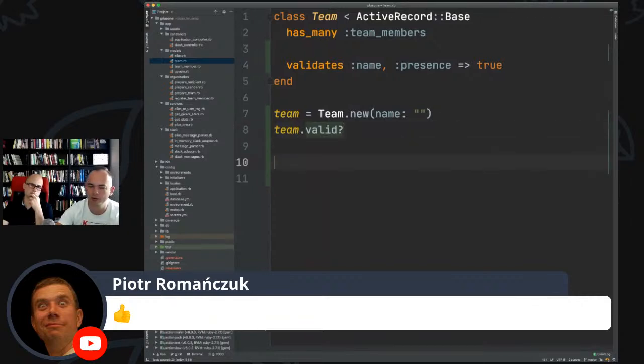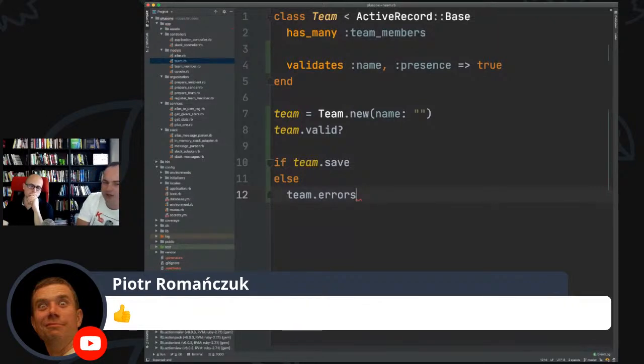Yeah. So in save, we usually do, for example, a very typical code is if team.save, because then it returns true or false, whether this was successful or not. Under the hood, it just returns whether something was valid or not. And then we have if team.save and else, we know that team.errors is not empty. So we have really tight coupling. I think this is where coupling really shines in the Rails design, where we just say save, and somehow as a result, we have access to a collection of not empty errors.